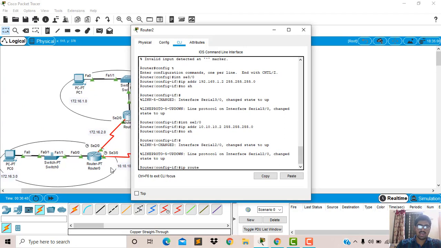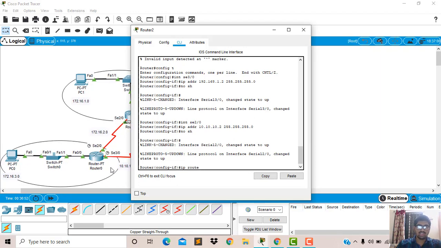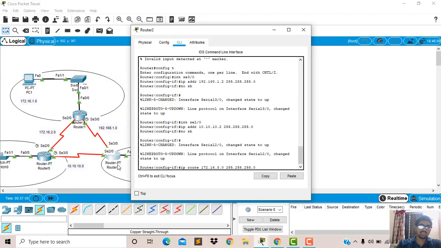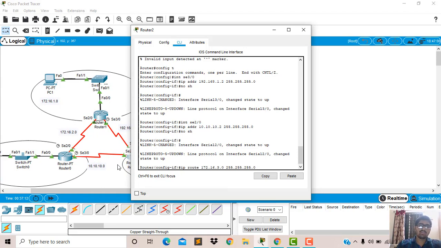For this LAN 3, the LAN 1 is unknown, and we will give the network address of that PC, that is 172.16.3.0, and subnet mask 255.255.255.0. Now for this router 2, router 0 is unknown, and we have given some IP address as 10.10.10.1.